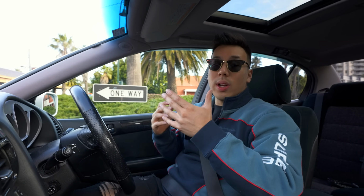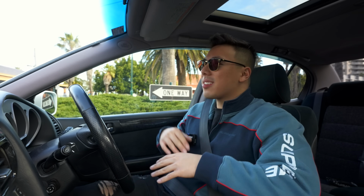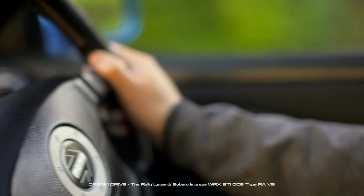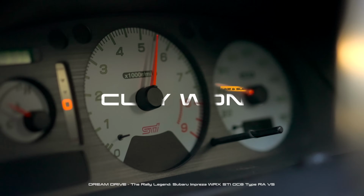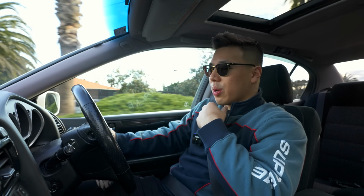I've been searching for a daily driver, admittedly, for quite some time. I want something that's a little bit understated, as I mentioned earlier, and still kind of fun to drive. And that's a difficult balancing act to gauge because all of these cars are so different from every single aspect. The other day I drove a Subaru WRX STI Type RA, and that was an epic four-door driver, but it is a little bit raw and kind of hard to live with on a day-to-day basis. But then when you jump into the Toyota Aristo,